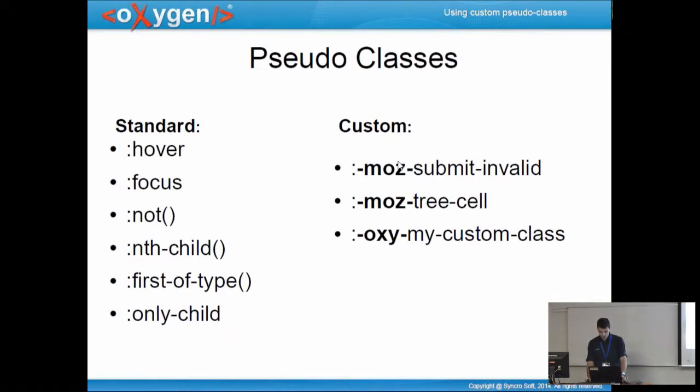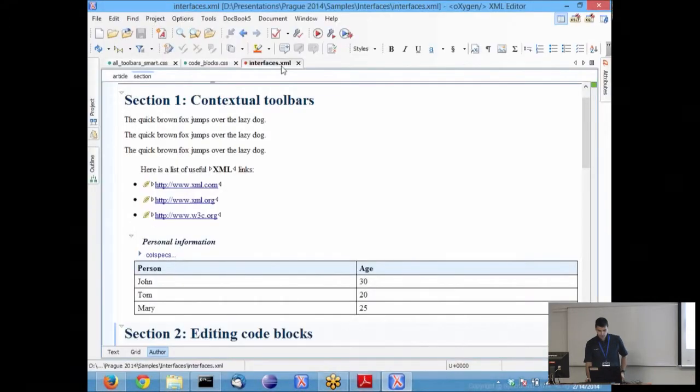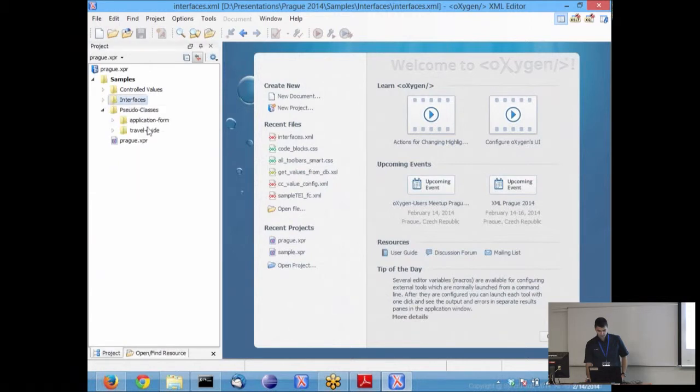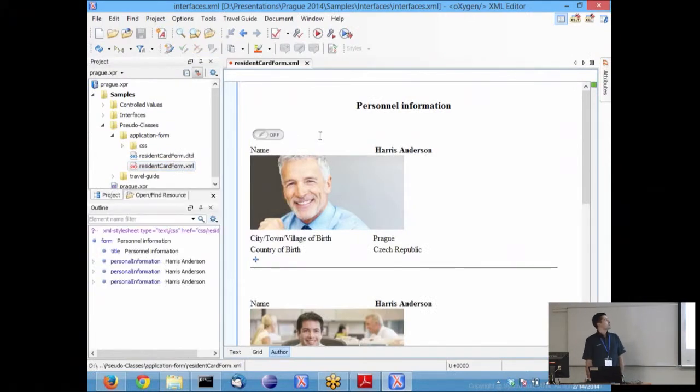Okay, let's switch to Oxygen. So I have an XML document that contains the personnel information. And the text page looks something like this. In the author mode, I wanted a very concise presentation of each person. So I don't want to see all the information. For each person, I'm seeing the name, and perhaps a photo,